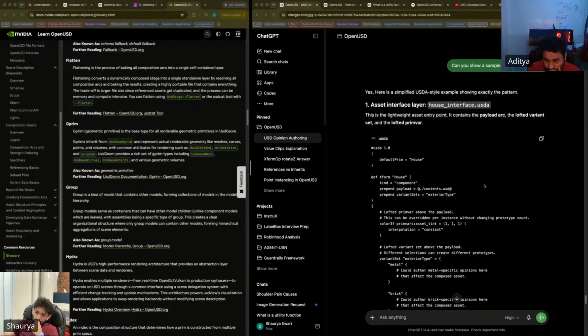This can be overridden per instance without changing prototype count. color3f primvars asset tint, interpolation constant. After the variant set above the payload, a different selection can create different prototypes: variant set exterior type, metal, brick.